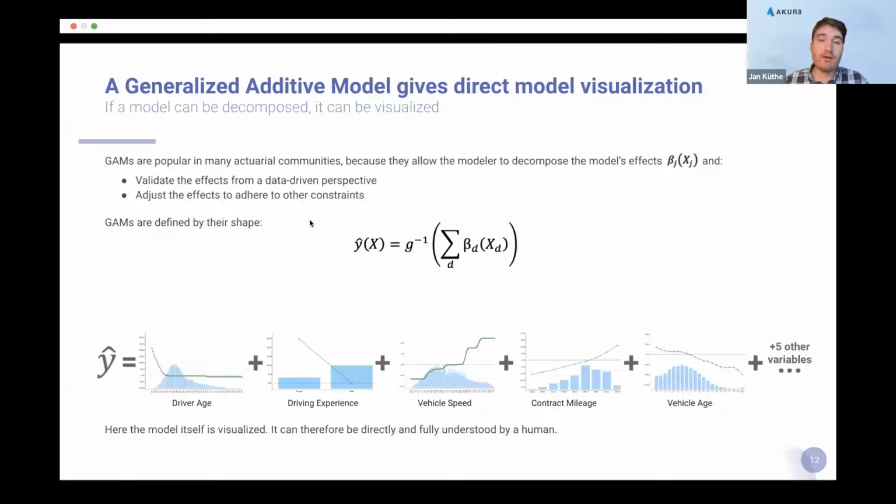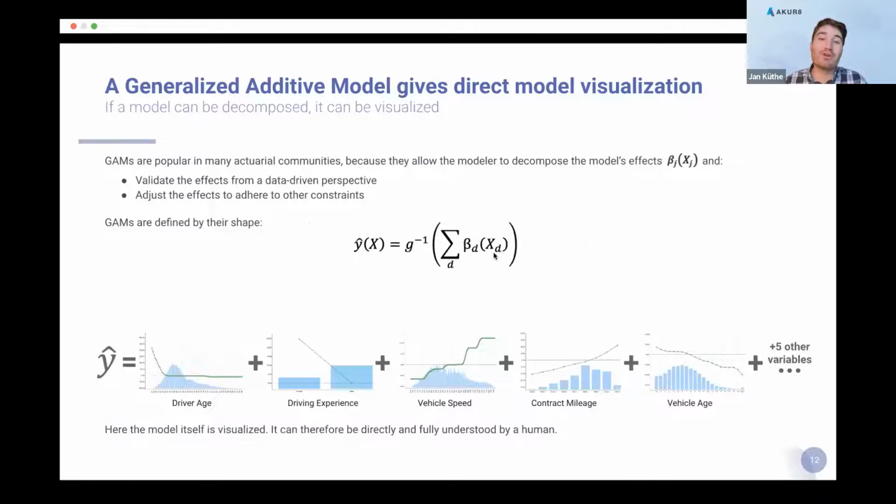Because you have a very nice setting that fulfills all that we desire from our actuarial models we've discussed before. If you put it into a formula, it can look like this. You have some link function g, typically the logarithm.